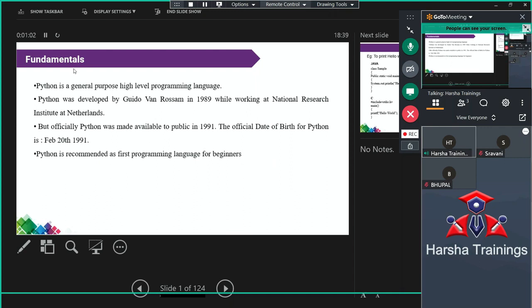Under these fundamentals, before going to the language, first of all we have to know who invented the language and in which year they invented it. Generally, everyone knows the C language. Whenever anybody asks who invented C language, the answer is Dennis Ritchie in the year 1972. Why? Because C is the starting language. So everyone knows C language, but coming to other languages like Java and Python, we don't know. Remember one important thing we already discussed in the first session: Java was developed in the year 1995. Python was invented in the year 1991.